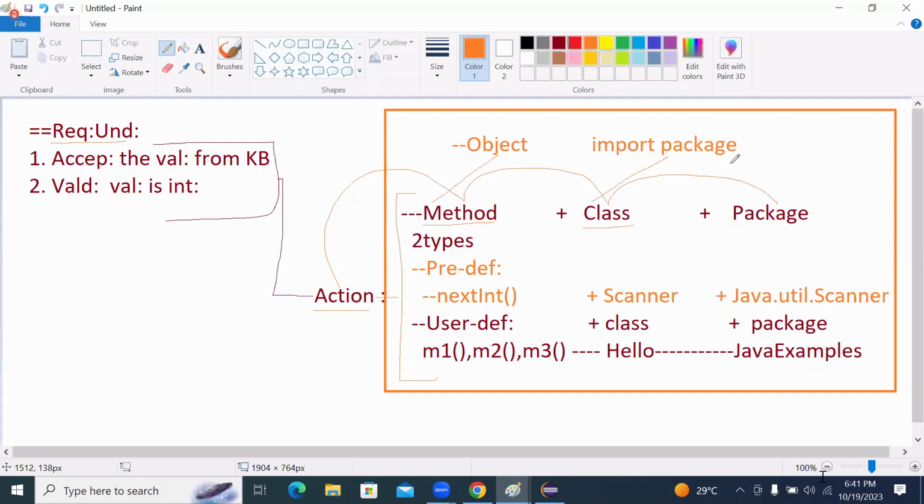then you will just take care of creating the object, or importing the package. You will perform these two and you will continue doing the programming. According to that, see the understanding. My requirement is